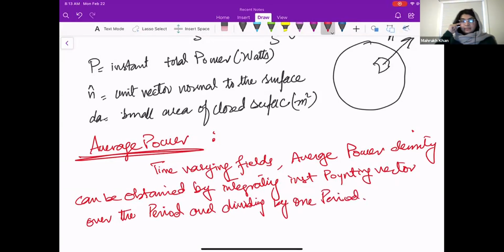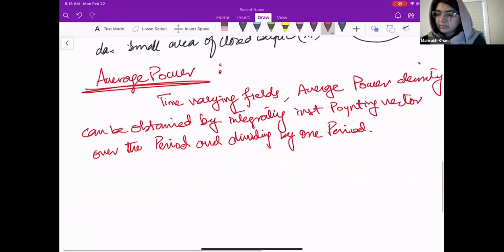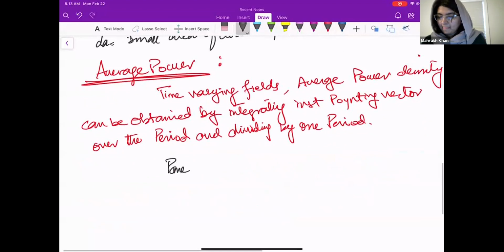What it means is that we have the instantaneous Poynting vector, which is watts per meter square, but we want to find the average power density of the time varying field. So we first integrate it over time and divide it by one period. That will give us the average power density. It's not the total power yet. We are finding the average power density. Okay. So if I express it, it means that the average power is equal to